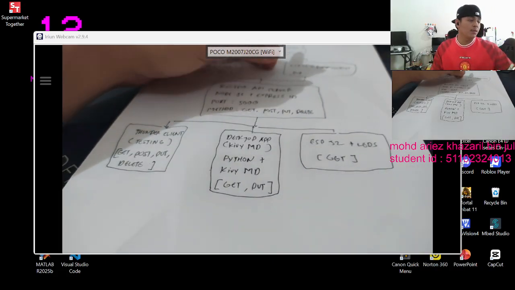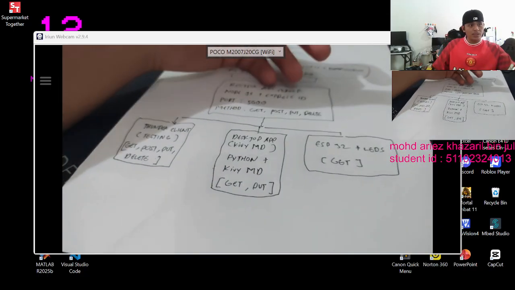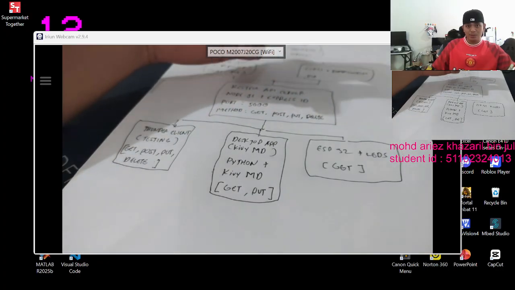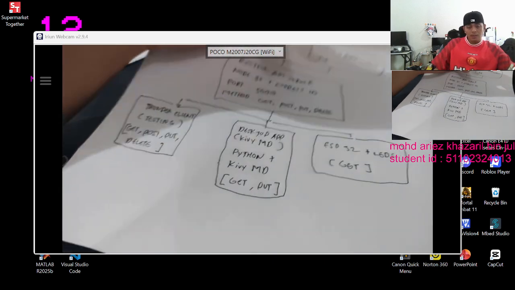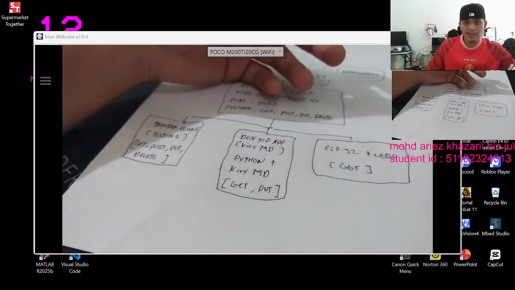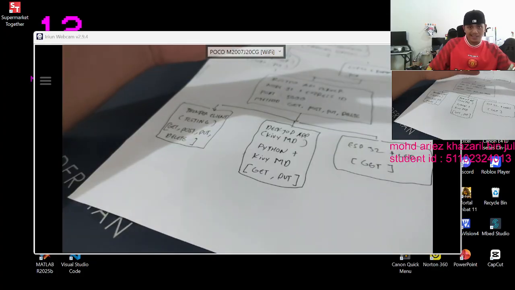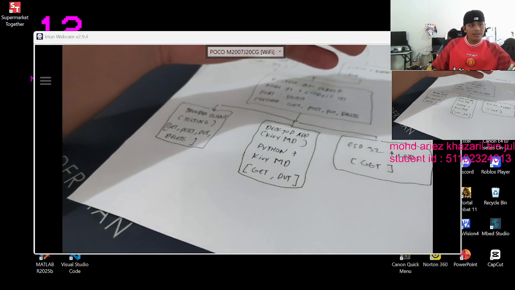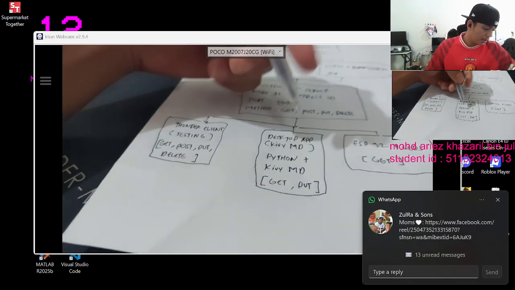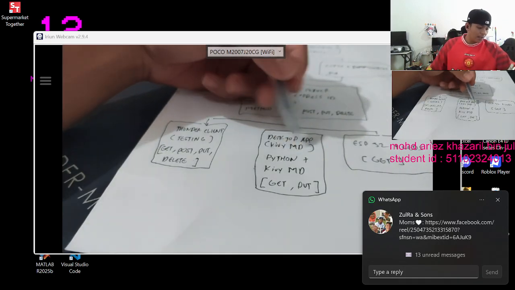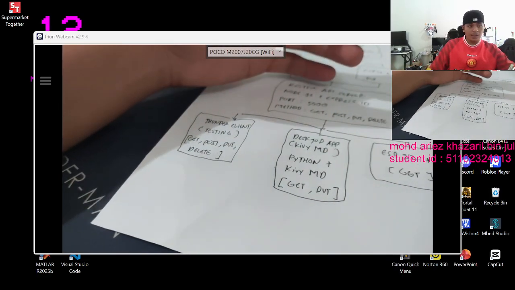So I'm going to explain the first one, which is the standard client. This is a testing tool used during development. It supports all four HTTP methods, which are get, post, put, and delete, and it is used to test each API endpoint before building the full application. And then next, we are going to see the desktop app, which is TKMD. This is the desktop application